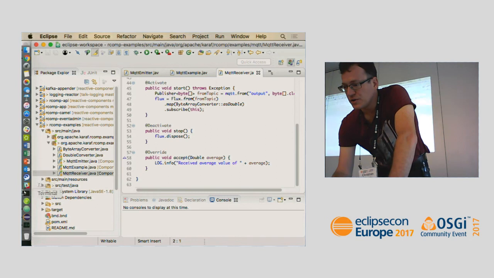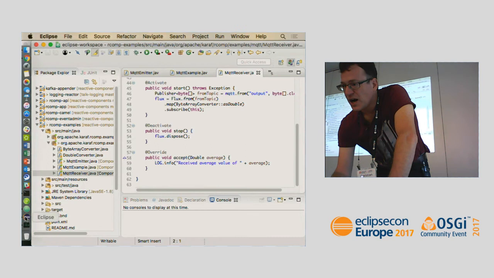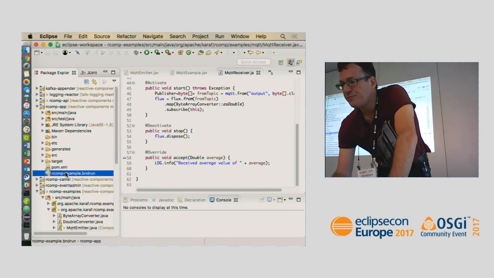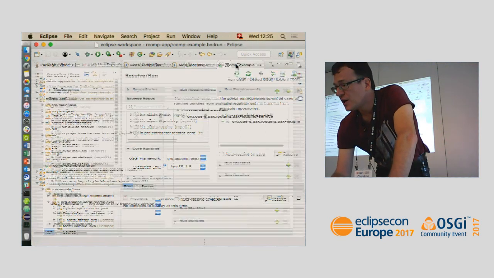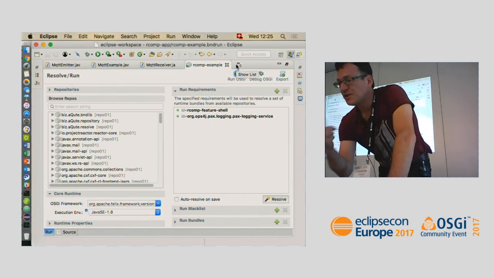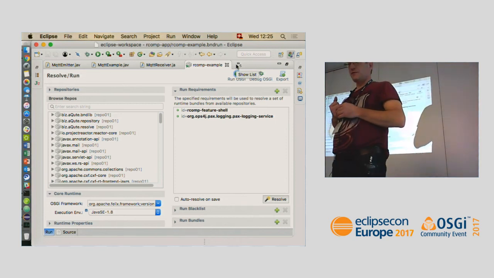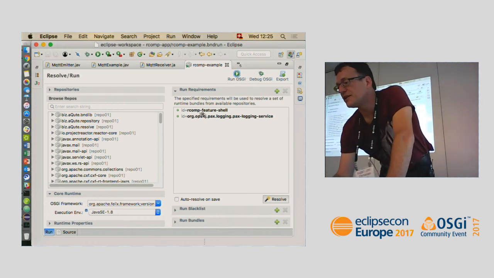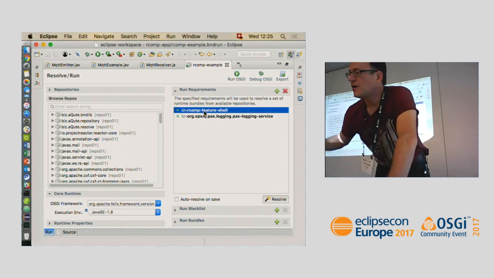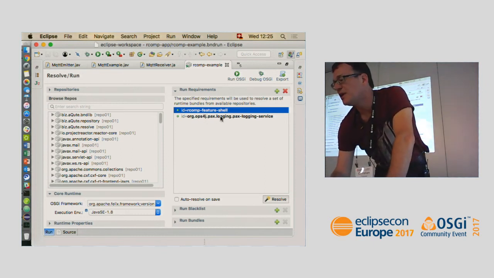So we could start that. One thing to show is maybe also how you can use that with BND tools. So I've defined an app here. I have to make it a bit larger. So there is a POM file that defines all the dependencies of the reactive components and the example, and I've provided a small bundle that pulls in all bundles you need for shell and config admin, to make that simple.